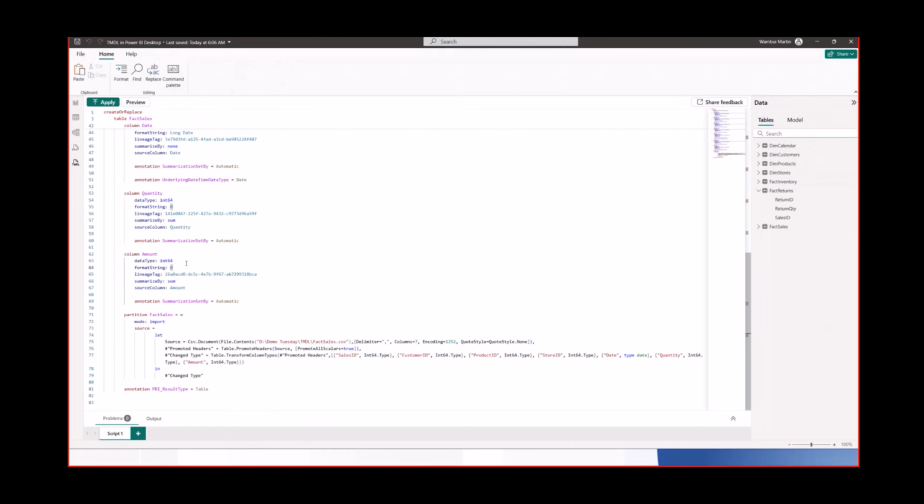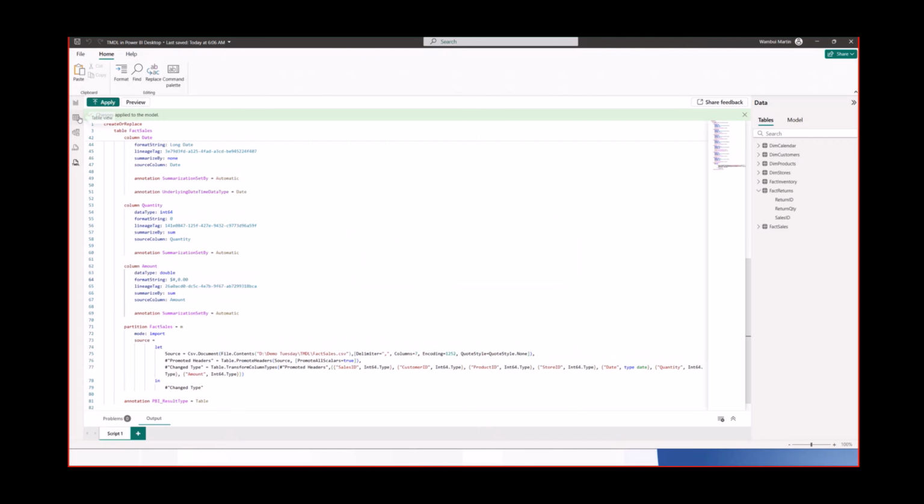So I want us to change this to double. And then you also want to change the format string to include a $ sign. So if I click apply,